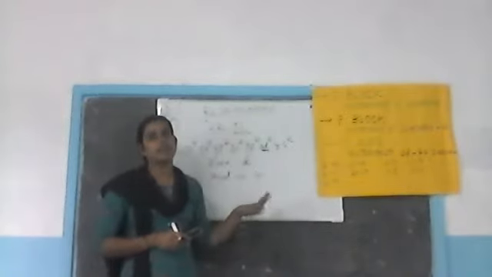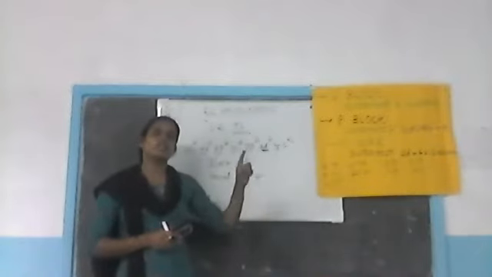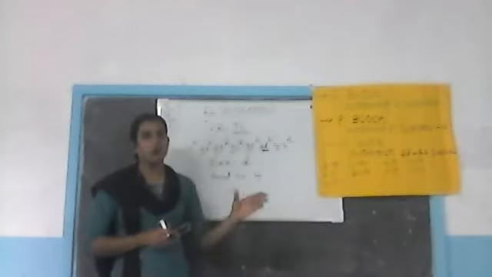Okay. So now we have studied two methods. The first one is for finding the block and the second one is for finding the period number. How can you find out the block? The last electron is added in which subshell, that is known as their block. How can you find out the period number? The method is the biggest shell number.